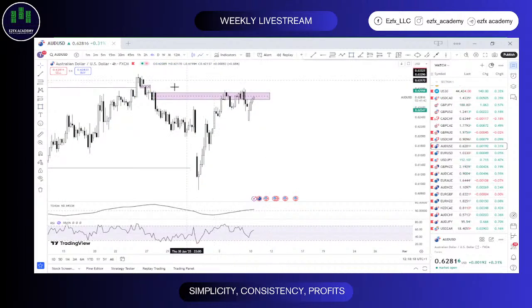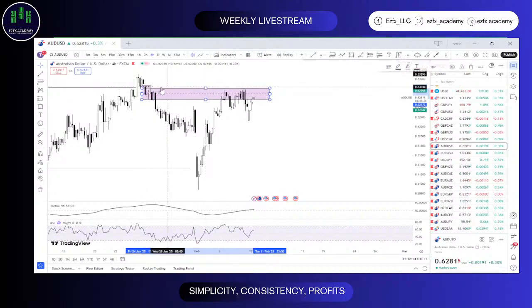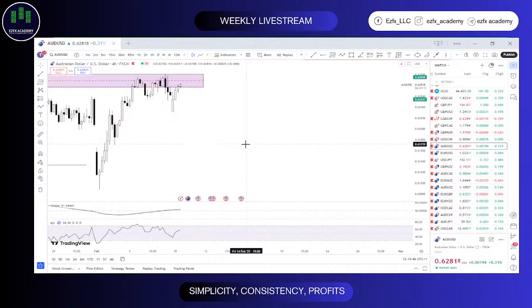I'm very, very much tempted to work with that. All right, I think for me I might just work with this whole range here. So I'll explain what exactly I'm considering right now on AUD USD. Currently I'm just considering this whole point as a base, or as a supply region. Price broke initially, came back here, we got to see a drop, came back again into it, and we got to see another fair bit of a drop from there. So I think that zone should still hold up to some extent.